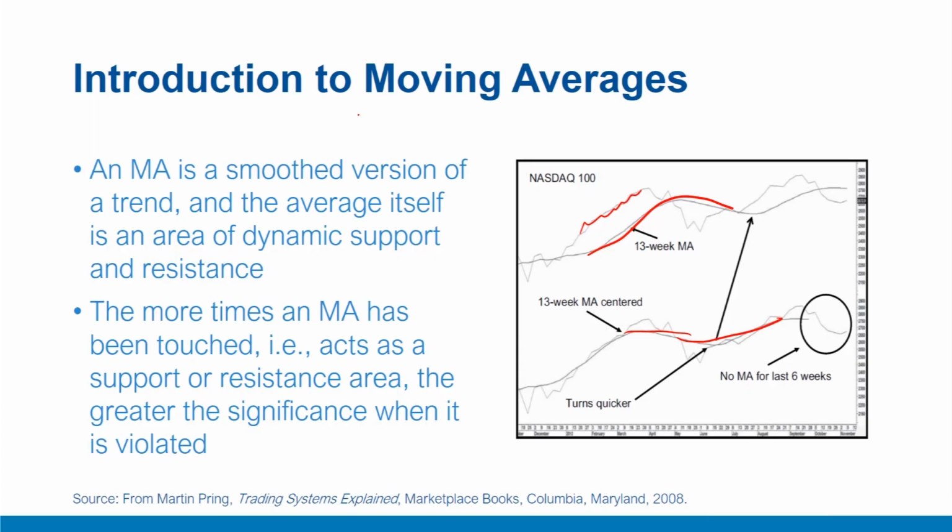Confirmation should await a flattening or a change in the direction of the MA itself, or should be sought from alternative technical sources like price formation or price patterns. Generally speaking, the longer the time span covered by the MA, the greater is the significance of a crossover signal. For instance, the violation of a 15 or 18-month MA is substantially more important than a crossover of a 1 month 30-day MA. Reversals in the direction of an MA are usually more reliable than a crossover.